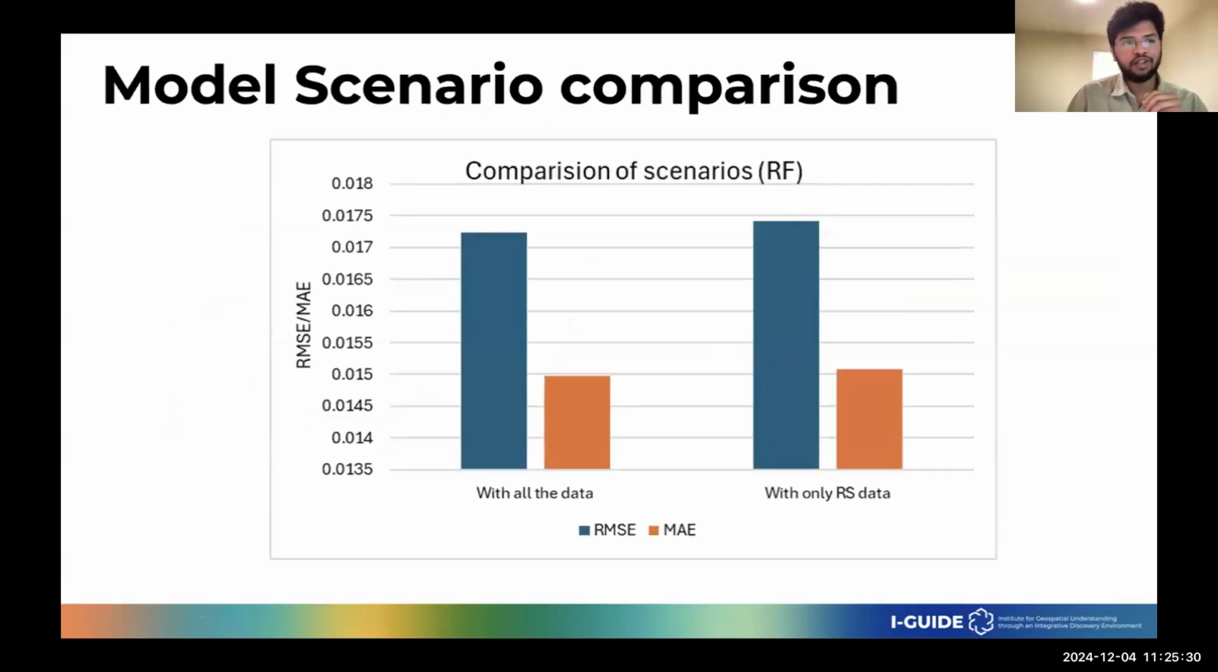So yeah, I'll go on to talk about LSTM. These are our root mean square error and mean absolute error values for both scenarios from the random forest model, where we can see that the remote sensing based data has a similar error range to that of the dataset with all the independent variables we used from scenario 1. And using the random forest model, what we observed was that